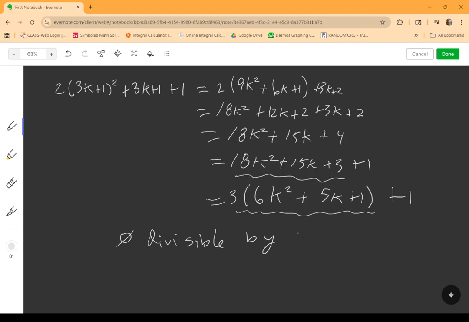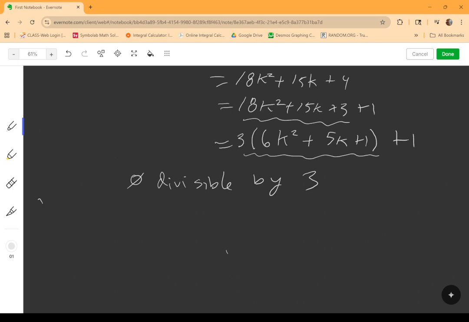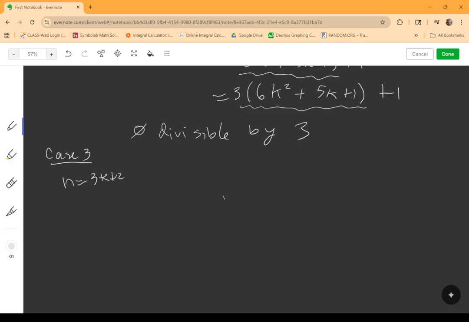Again, not done yet, right? We still have to prove it for all integers. So now we need one more case. Our third case, case 3, let n equal 3k plus 2. And we do the same thing, right? So in this case, we have 2 times (3k plus 2) squared plus 3 times (3k plus 2) plus 1. All right, and then distributing here, so 9k squared plus 12k